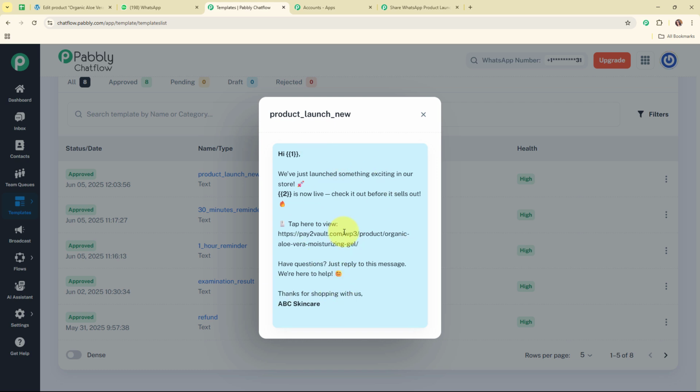Alright, so this is the message that I've drafted over here, and you can see two variables that I've used in the place of the customer name and the product name. Basically, variables make our text dynamic, and I've added these variables so that every time a new customer detail is captured, the previously existing detail is automatically updated with the new one. Alright, so now we are going to use this particular template to send a WhatsApp message to all our customers.